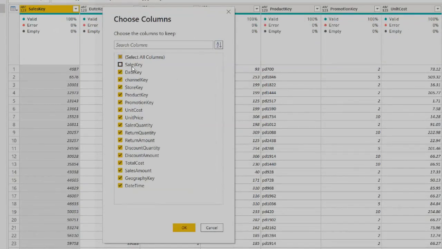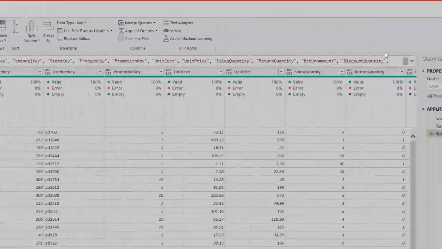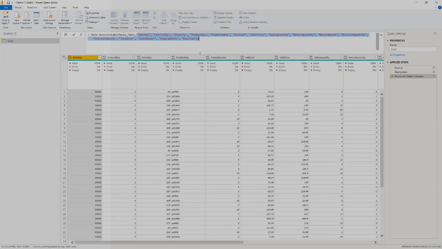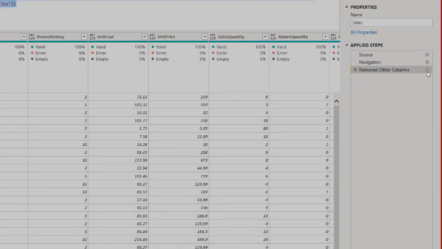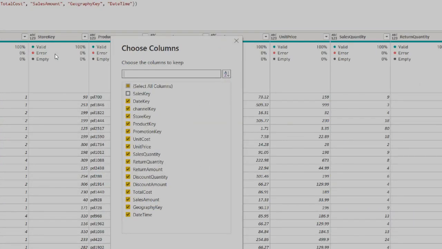I'm just getting rid of one column, but I want you to observe now the code here at the top. So now what I actually have is a body of code that is selecting all of these. So these have been selected, which means it is hard-coded to only ever import these columns unless I come back to this query and edit this in the future at some point. There we go. I can come back into here very easily. I can make a change if needed, and boom, I can immediately have my new data. But now it's my choice. It's not going to come in on its own, and this prevents unnecessary data imports from additional columns